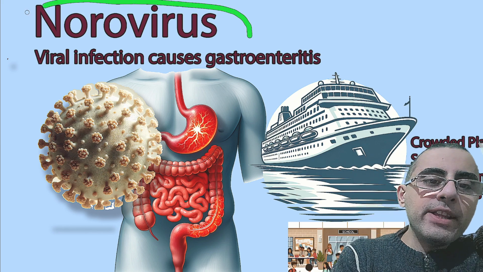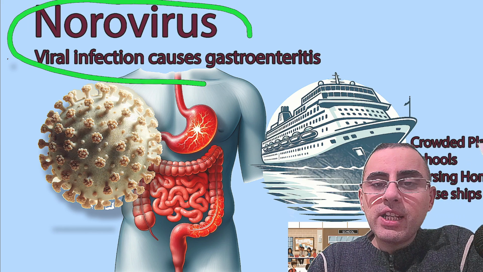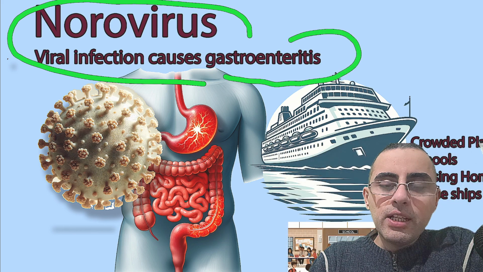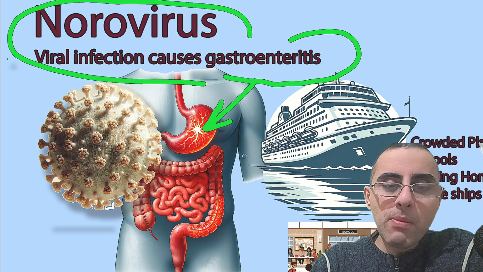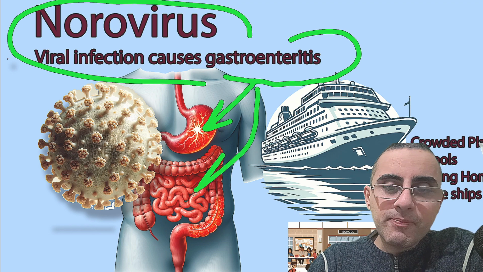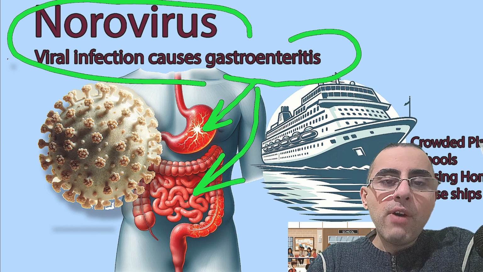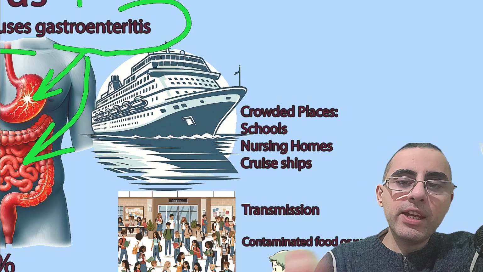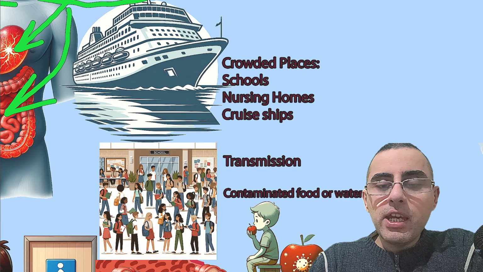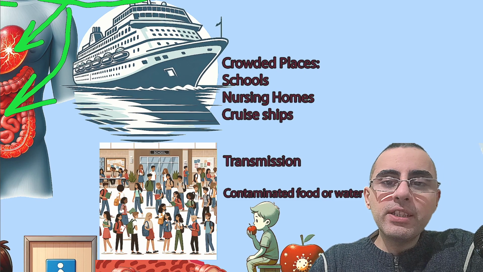Norovirus is a viral infection which causes gastroenteritis. Gastroenteritis means inflammation of the gastric or stomach and intestines. Norovirus is one of the most common viral infections, and it causes diarrhea and abdominal pain. Usually it spreads easily